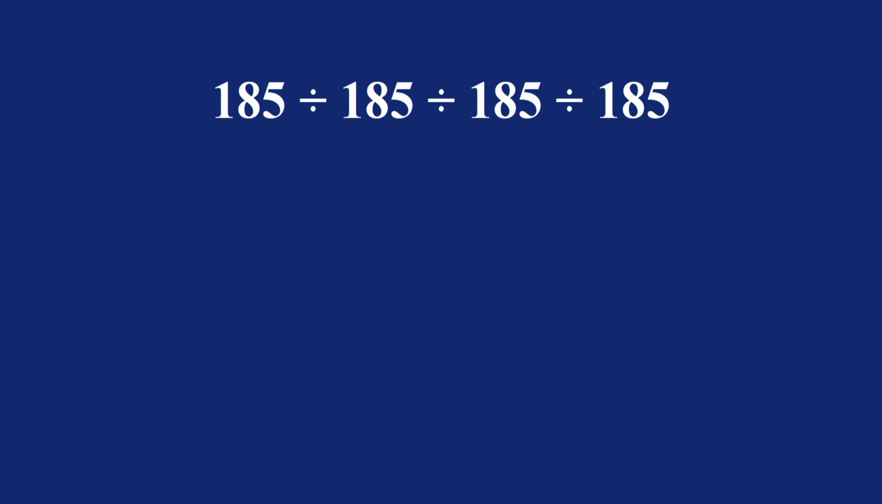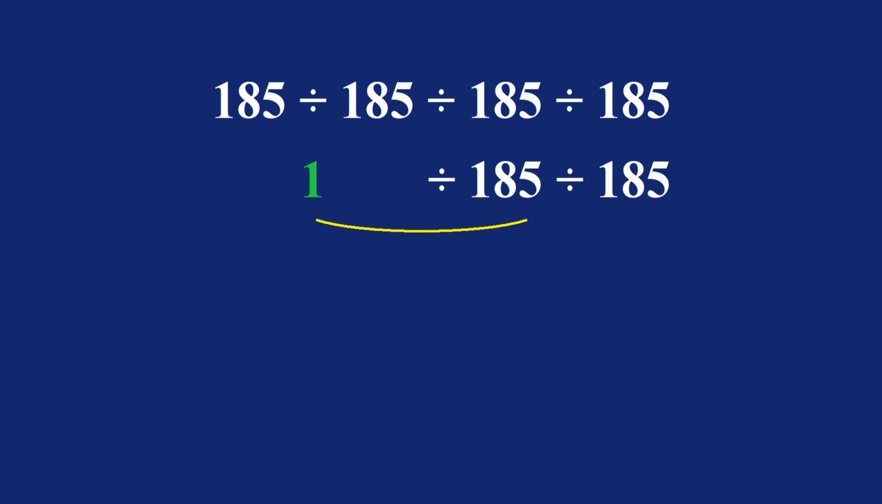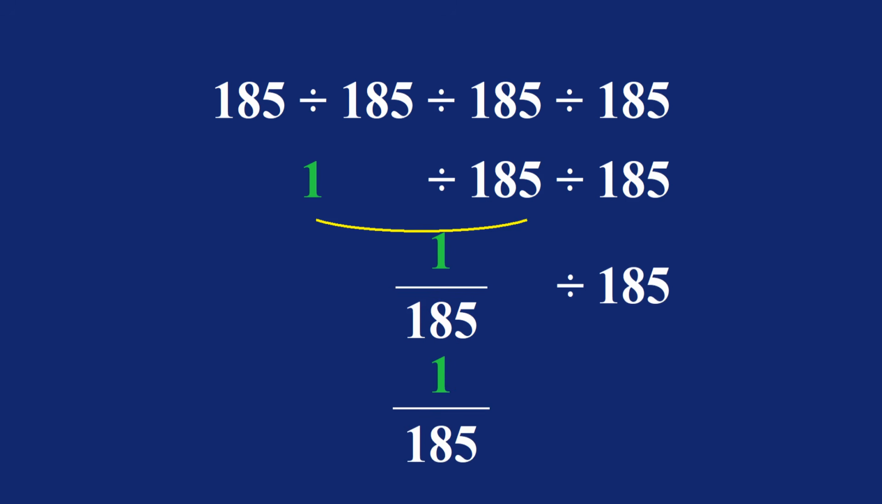So we have first this division, 185 divided by 185 equals 1. So we have 1 divided by 185 divided by 185, and we can write this part as 1 over 185 divided by 185. So we must keep the first fraction 1 over 185 and change division to multiplication, then